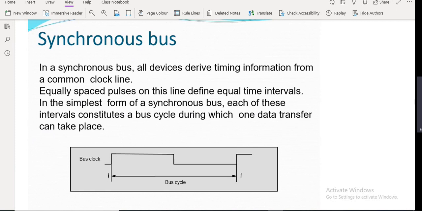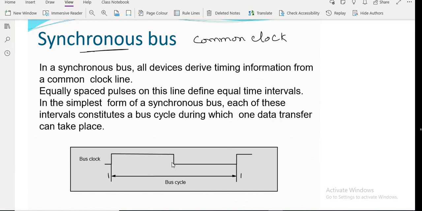Now what is the speciality in synchronous bus? Always when I use the term synchronous bus, you need to remember that there is a common clock used. What is the meaning of common clock? For all the devices, it is going to refer to only one time information. Either processor, memory, or IO devices connected, it is going to refer to only one common clock information. So accordingly, it is going to perform the